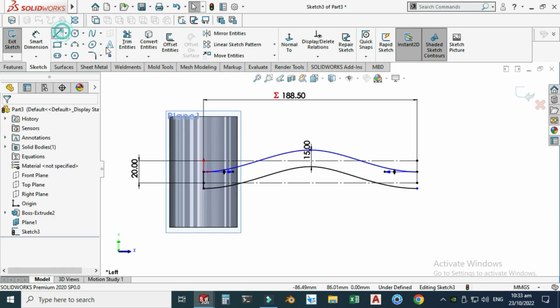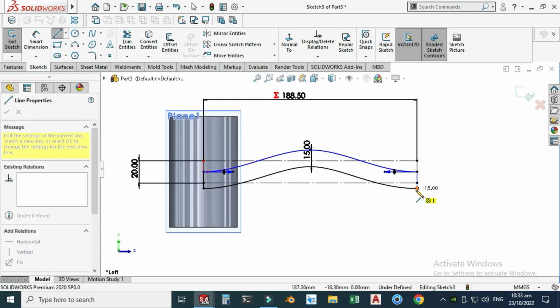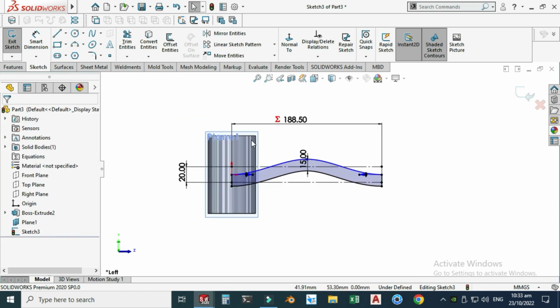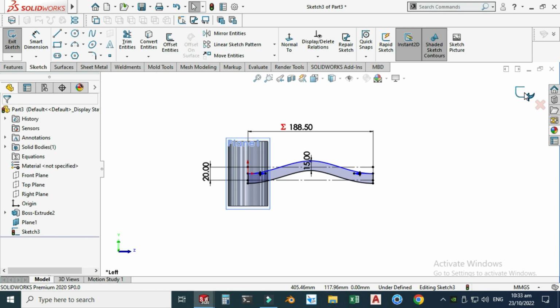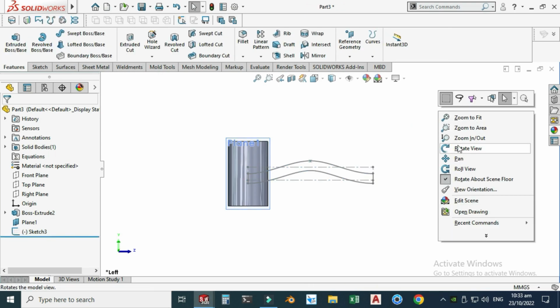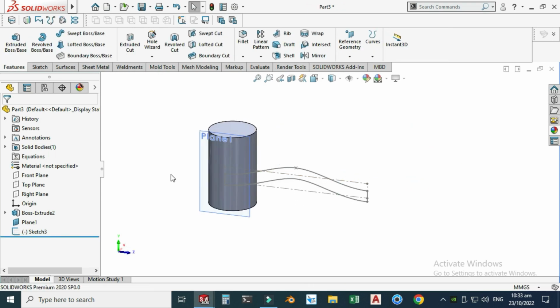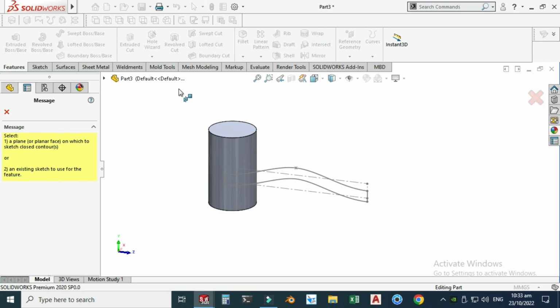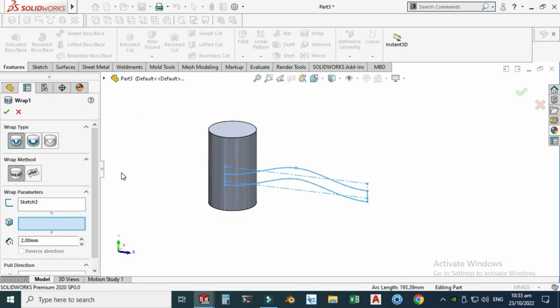Similarly, I will make another line so that I will close this contour. Now you can see that this contour is closed. I will select this option, exit, and now I can use my wrap feature. So first I will hide this plane, and now I will go to the wrap feature, select this sketch, and